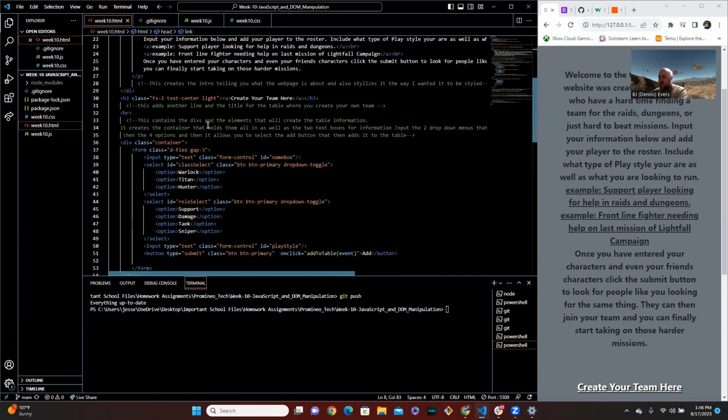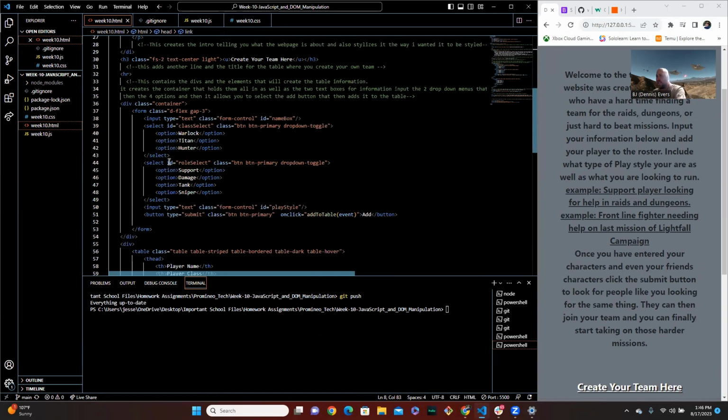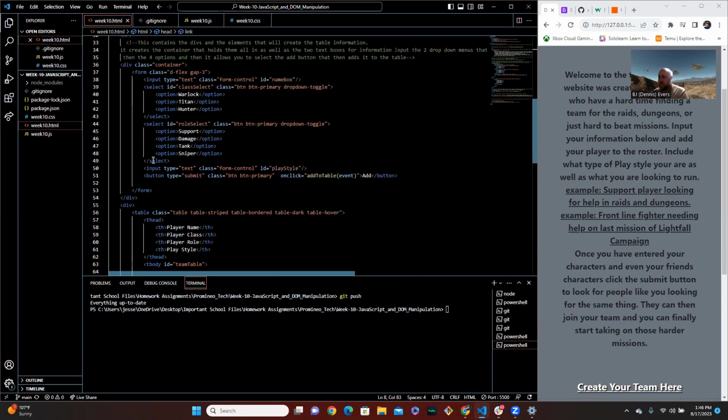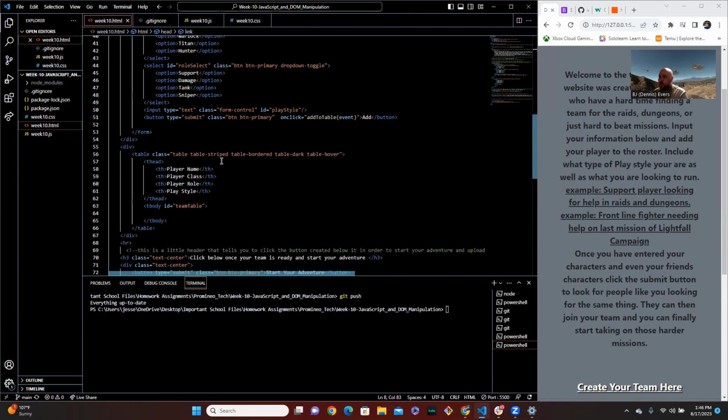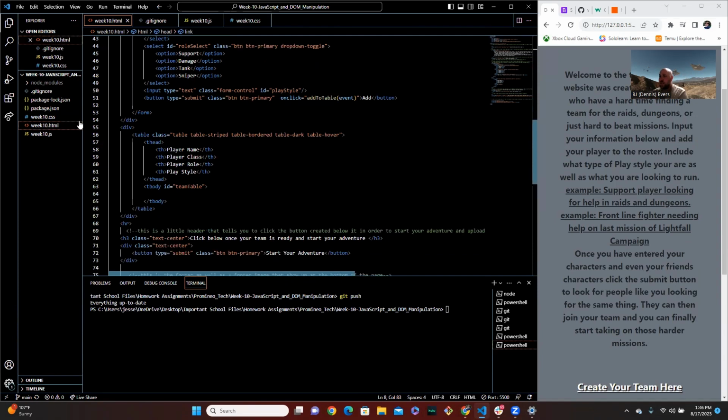This is another little title, and this right here is the actual text input, the select ID inputs, the select inputs, which give me 3, then 4 options, as well as another text input and a submit button that, on click, adds it to the table using the add to table function I created in JavaScript. Then I have the table itself that I created and styled using Bootstrap,